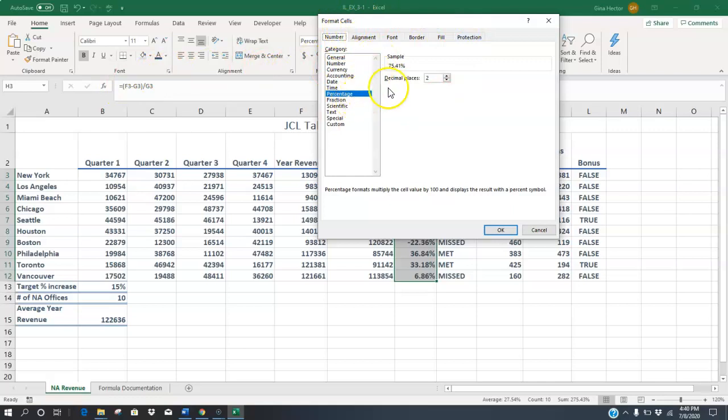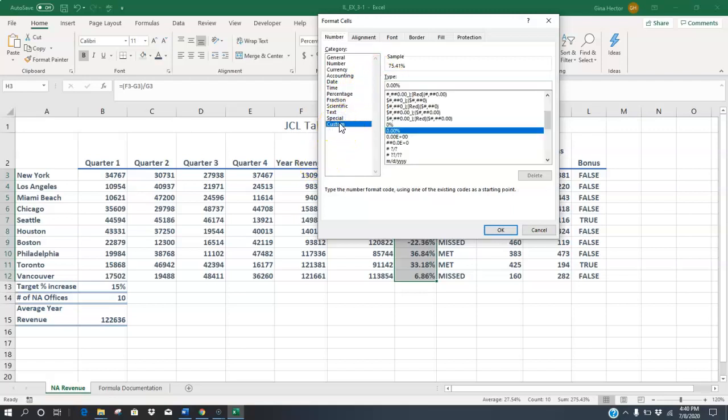So I can see it's already in the percentage style, but I want to do something custom. So I'm going to go down here to custom. And right now it's showing me the current formatting for these cells, 0.00%, so 2 decimal places with a percent sign. I'm going to click right after the percent sign up here in the little type box, and I'm going to add on a semicolon and then an open square bracket, followed by the word red, close square bracket, and then in parentheses